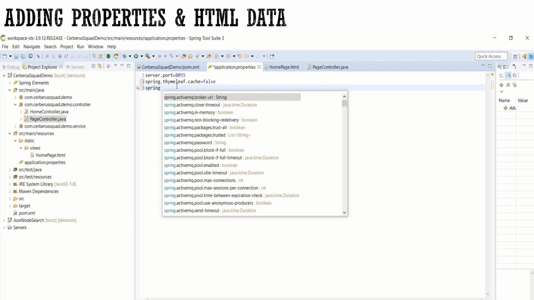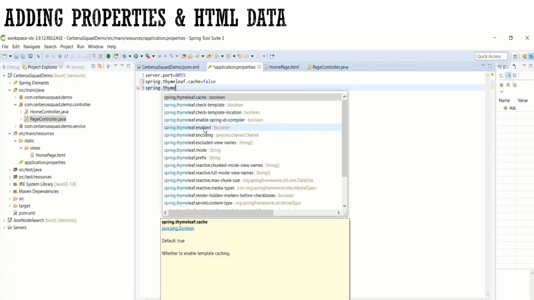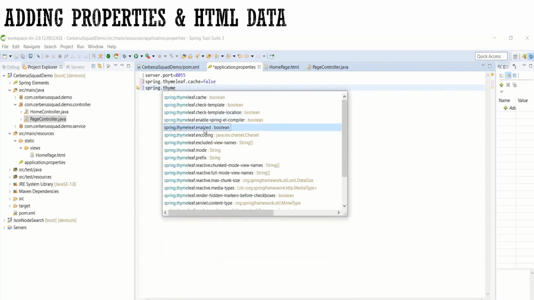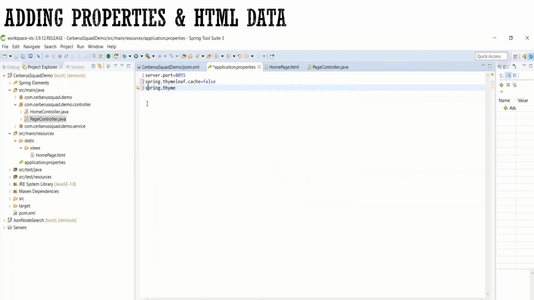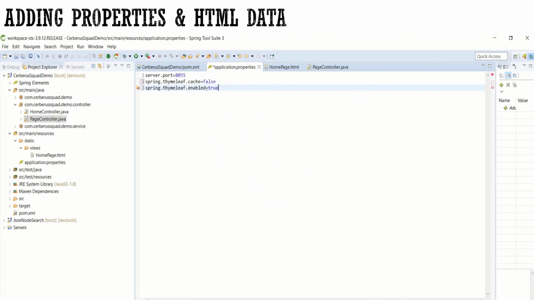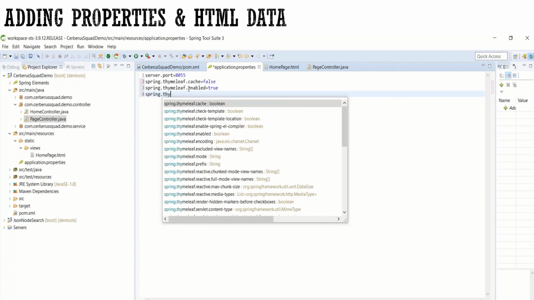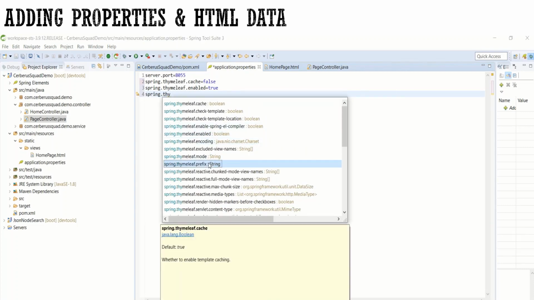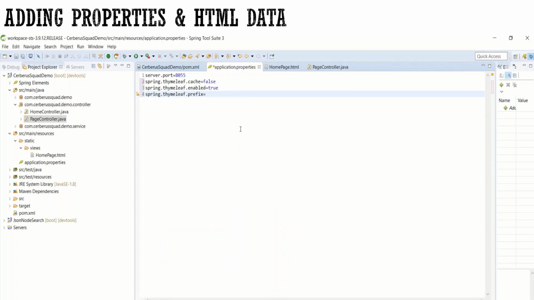Next is spring.thymeleaf.prefix, where you provide the templates path. I'm providing the template path over here.